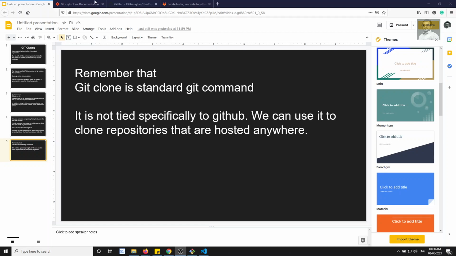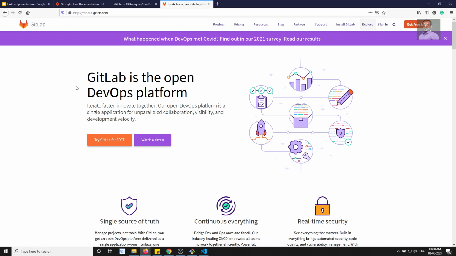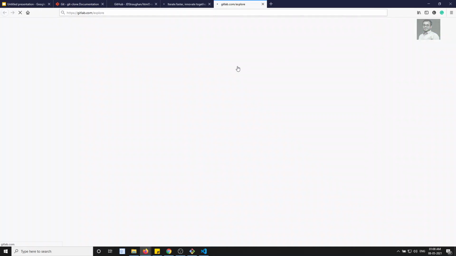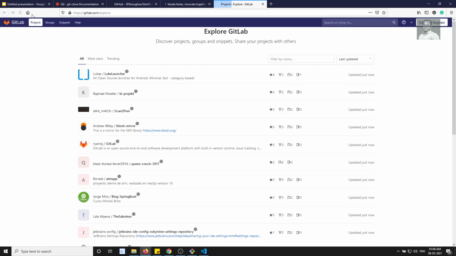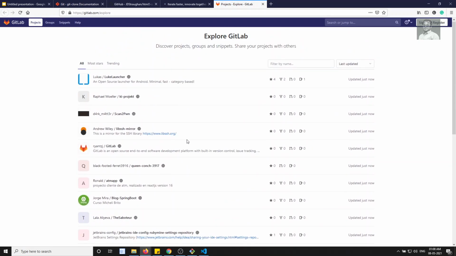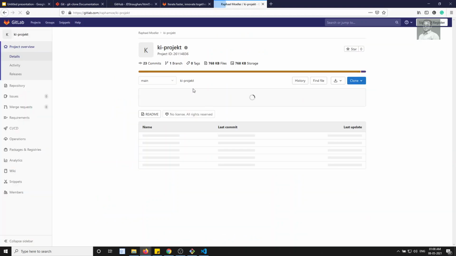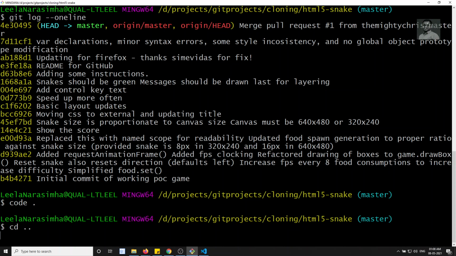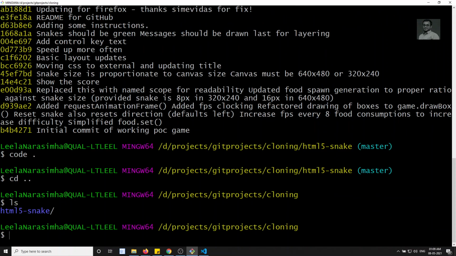For example, I have opened the GitLab website here instead of GitHub. Here you can go to Explore, and if I click on Explore, you can search for projects. You have so many projects here, and these are all public projects. If you want, you can directly click on a project, something like the KA project. If you want to clone, you will see the clone option, and you can copy with HTTPS. This one is with SSH, and we will see SSH also. So let me come out and add this one.